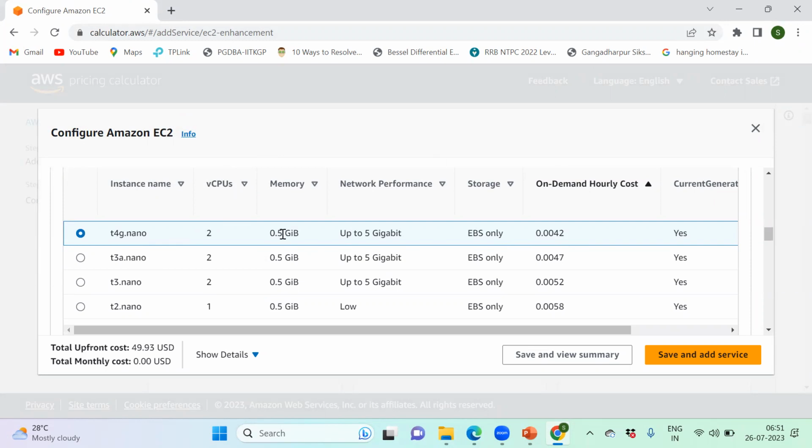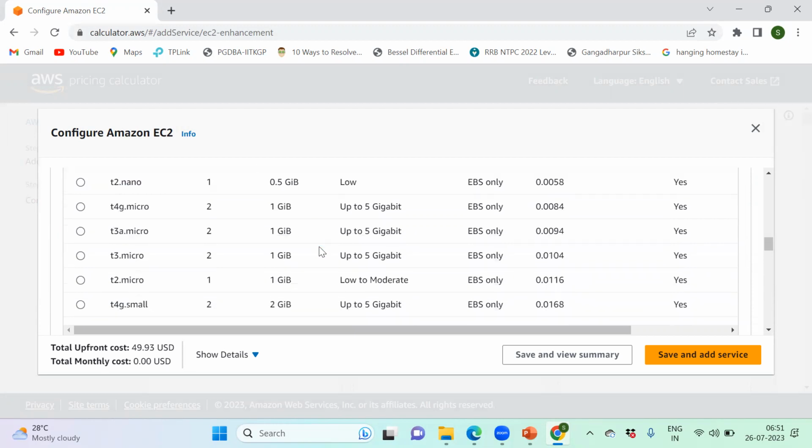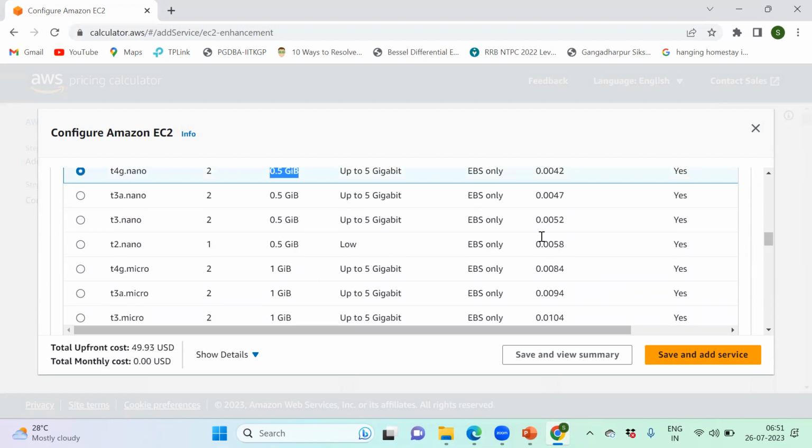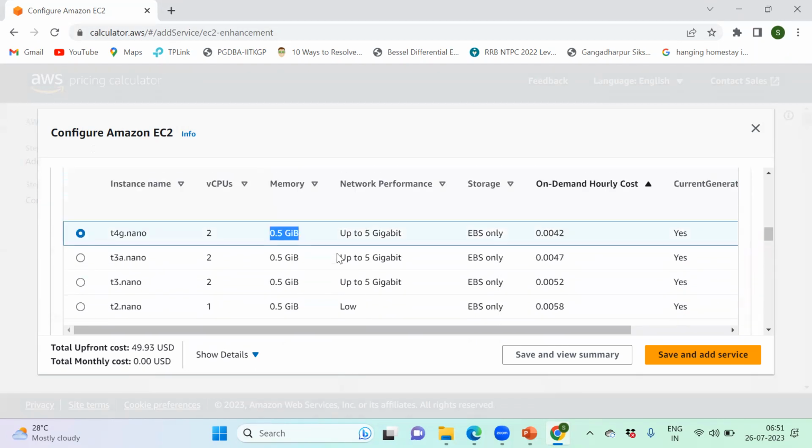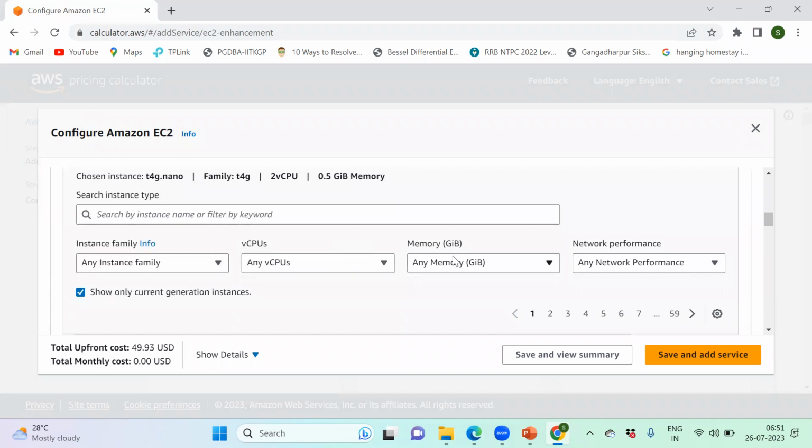The RAM is 0.5. Network performance is this. And the hourly cost is 0.0042. It's very minimal because the RAM is very small. If you go ahead with a higher RAM size, you can see it's been increasing.